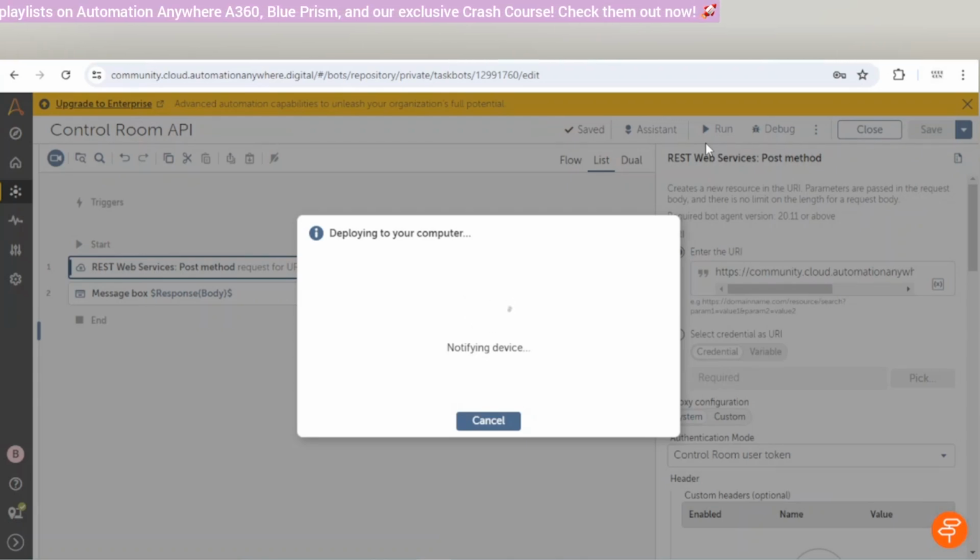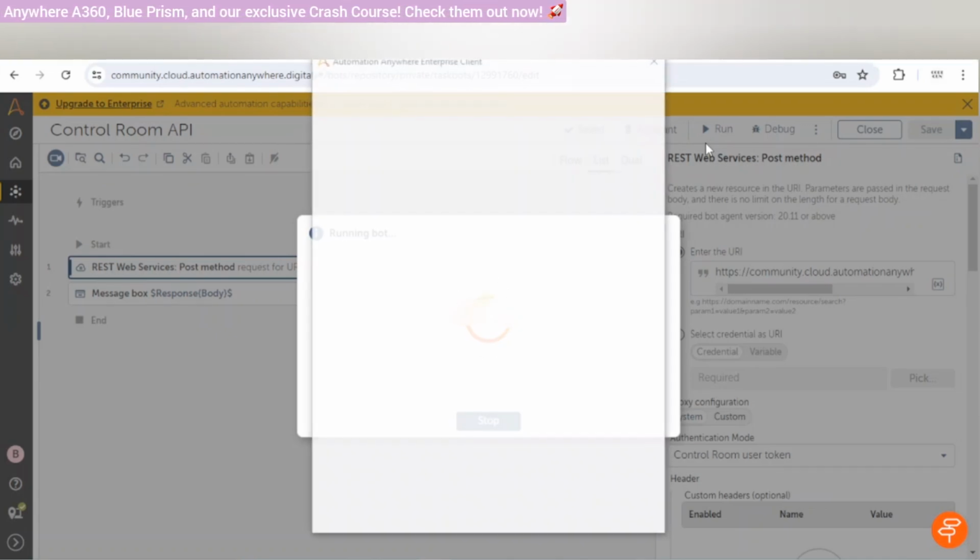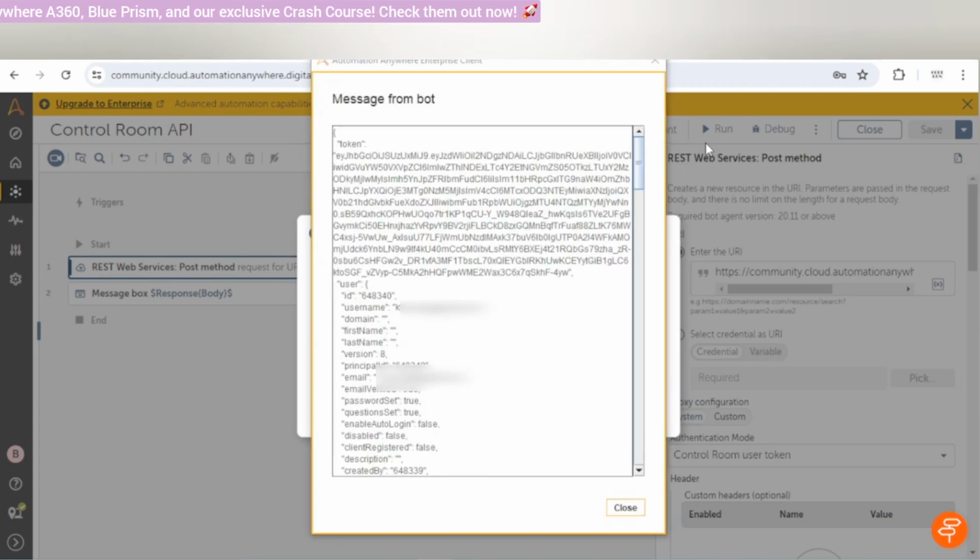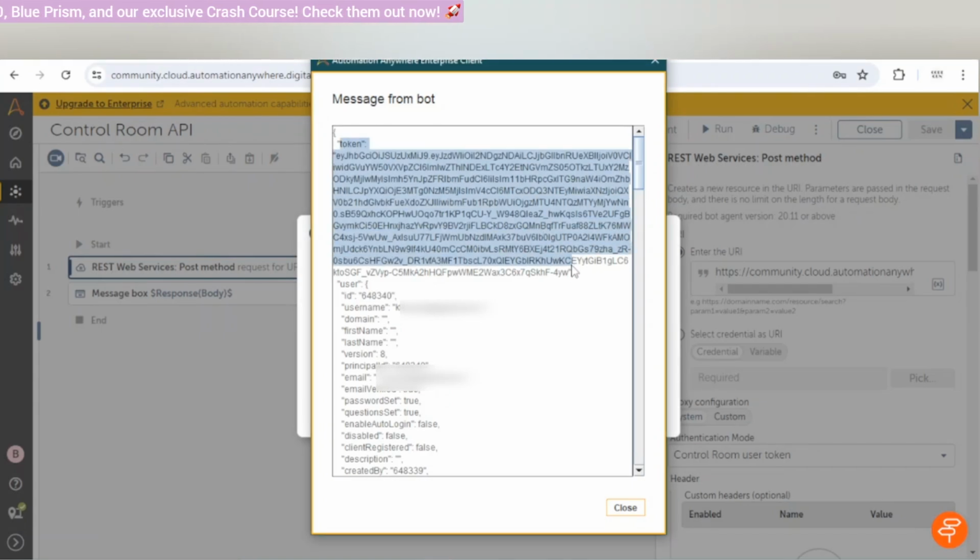If my friend is using the control room on his system, that session will get terminated because we are using his credentials in my authentication API. And here we go. We got the token, and our session is still active. You can see in the background. So guys, this is how we can get the token, and we will use this token to invoke other APIs.